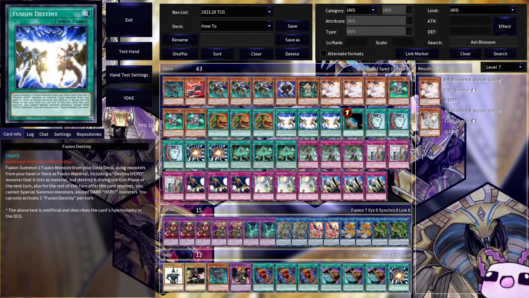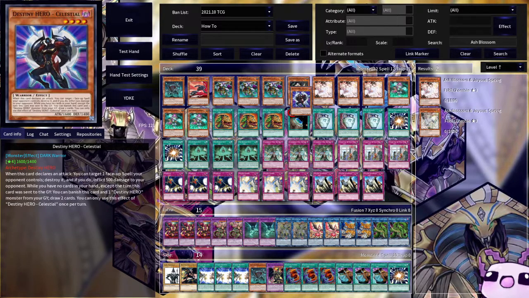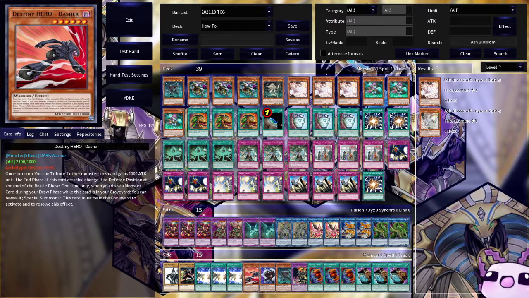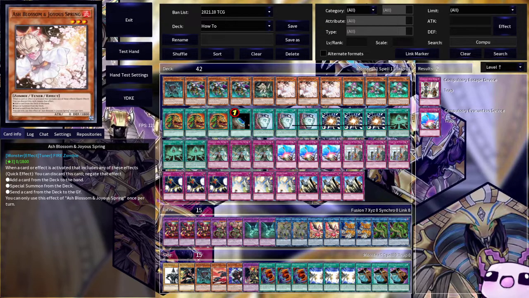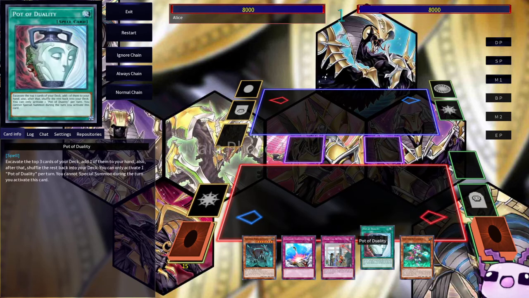So we're at 43. We could just cut the Destroyer Phoenix Enforcer because I forgot to put in the Destiny Hero Destroyer Phoenix Enforcer, and we only have 3 spaces left, so we can either run Bottomless Trap Hole or Compulsory. It really just depends on how the format is, and I feel like Compulsory is just a tad better. So this is the deck, and this is one of the easiest decks to pilot because